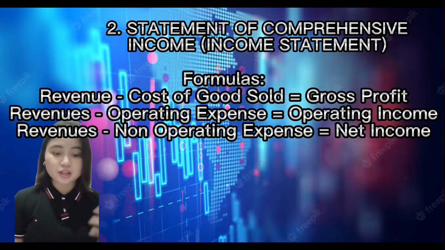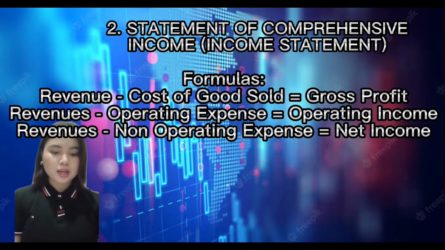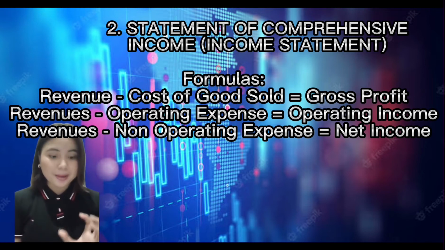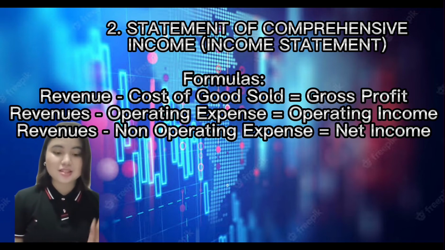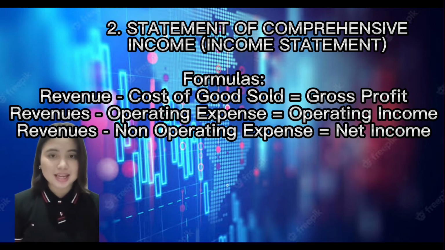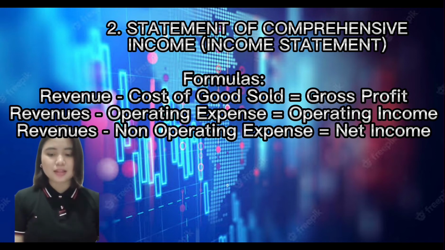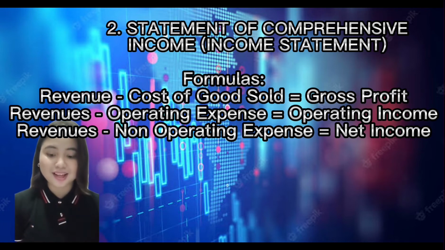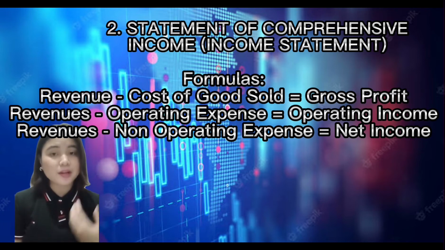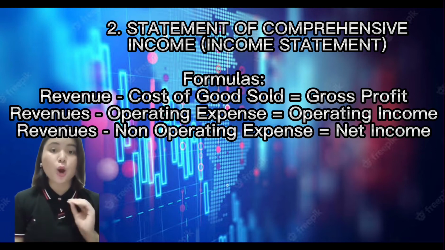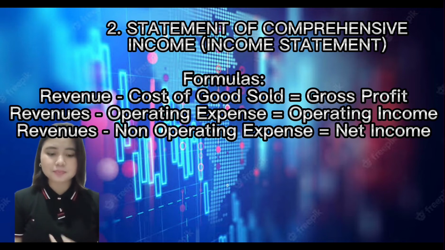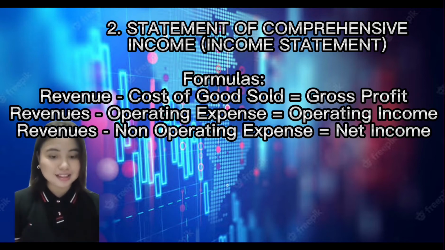So, pag sinabi natin gross profit, ayun yung kinita or nagawang pera ng kumpanya na naisubtract na lahat ng expenses na related sa manufacturing and selling ng product. Next one naman is pag isinubtract natin yung revenue sa operating expenses is magkakaroon tayo ng or makukuha natin ang operating income. So, dito naman, it is the income pag nakuha na natin or na subtract natin lahat ng expenses